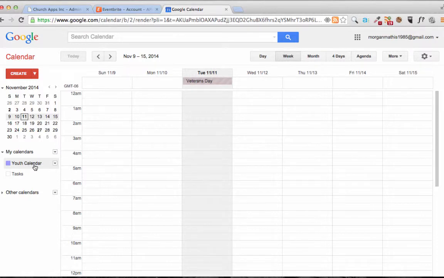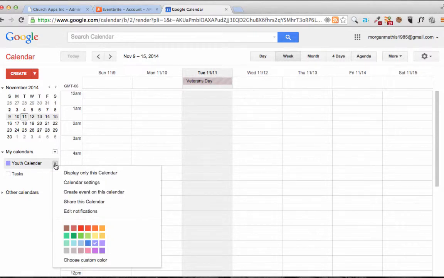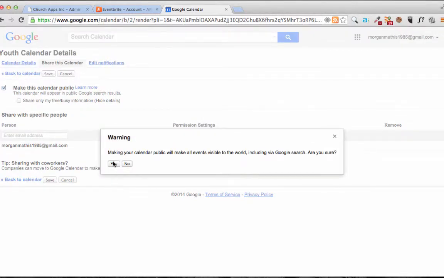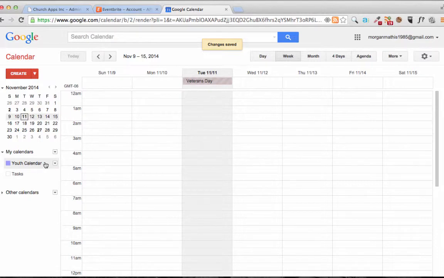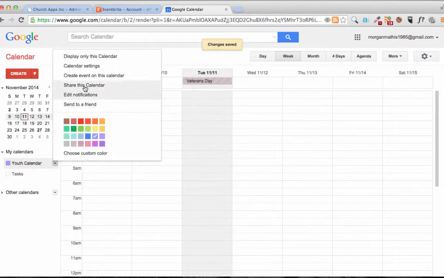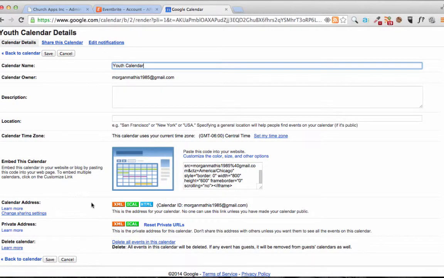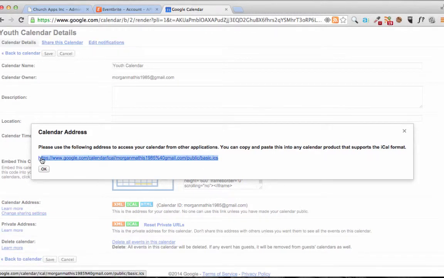So we'll go over here to My Calendars, and I'll go to Share this calendar. Click Make this calendar public, and hit Save. Once that's done, go back to it, and click on Calendar Settings. You're going to see here it says Calendar Address. It says this address for your calendar, no one can use this link unless you've made the calendar public. So if you forget to do that, you can click there. Click on the iCalendar and copy this link